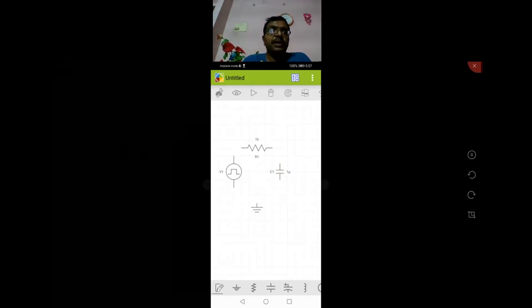In the bottom corner, you can see a pencil-like wiring symbol which is used for wiring the components. So select the wiring option and click on the terminals of whichever components you want to connect. One more time, select this wiring icon and click on the terminals. One more time, do that. Next. Right. Now we have connected the components which we required.